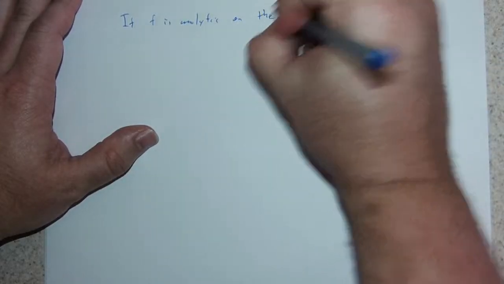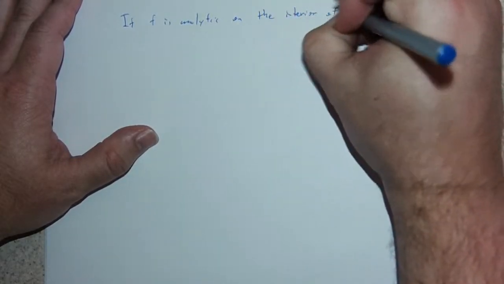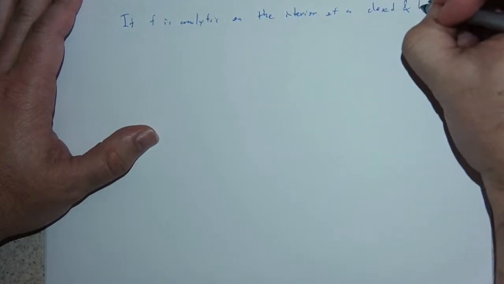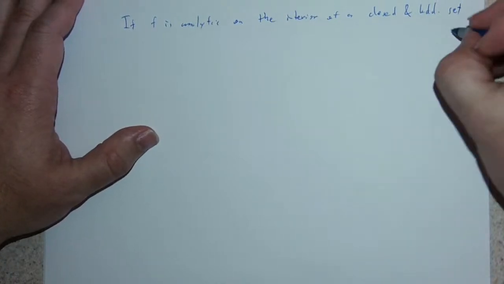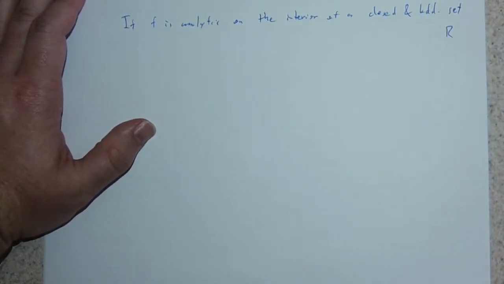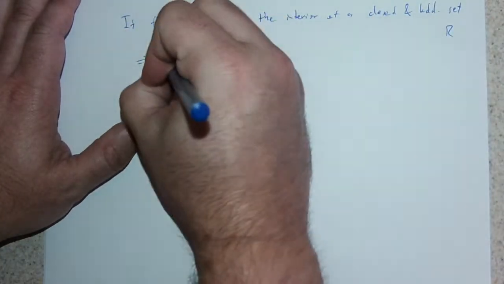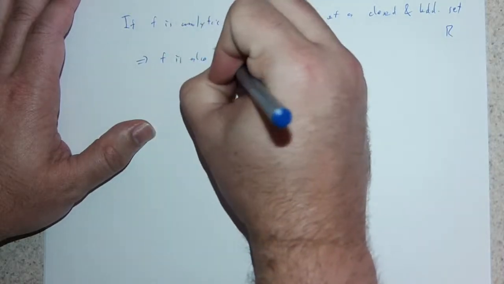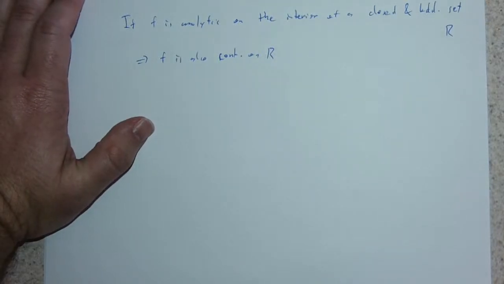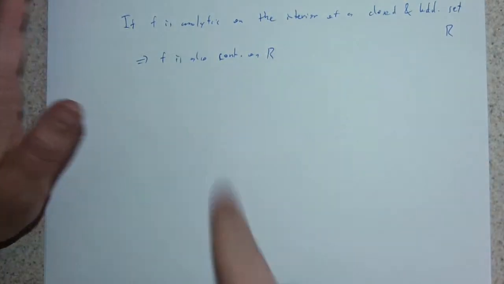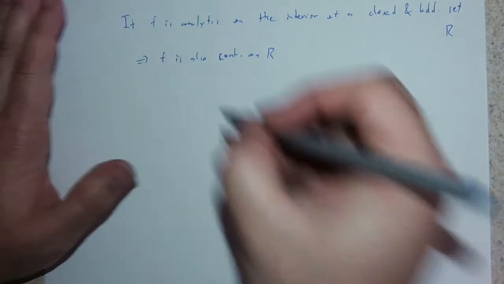on the interior of a closed and bounded set, say R, okay, then it's also continuous throughout R. So if it's analytic at each point in the interior, then it's also continuous on R. But it's continuous on a closed and bounded region R. This means, right, that